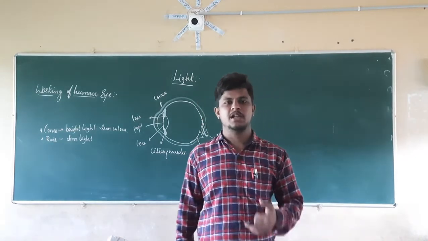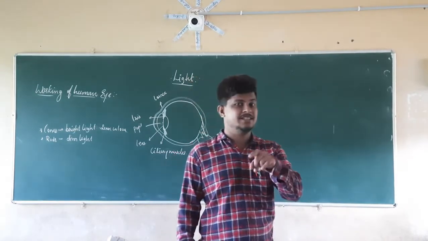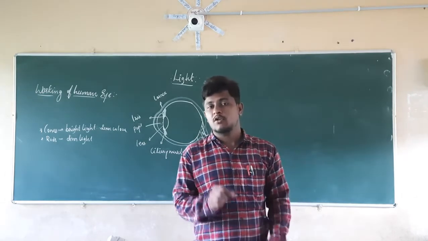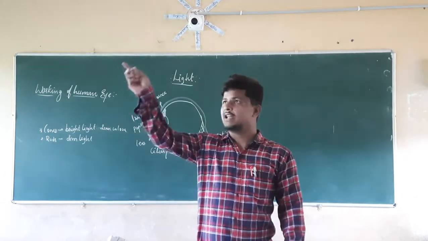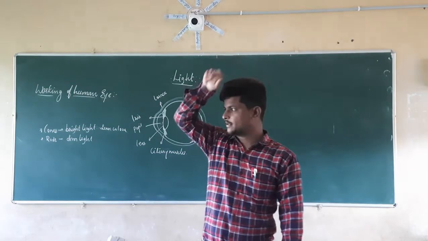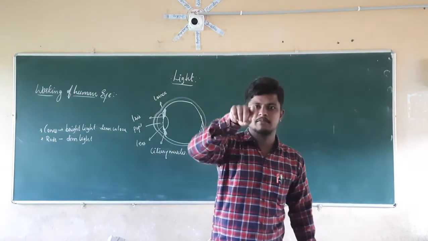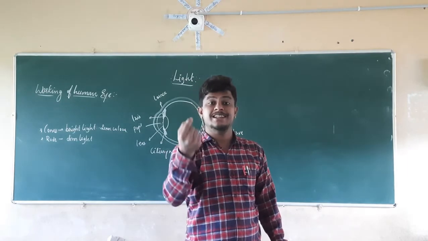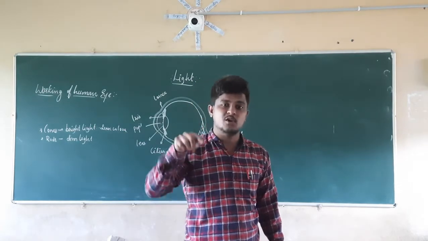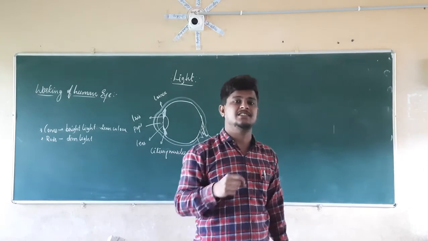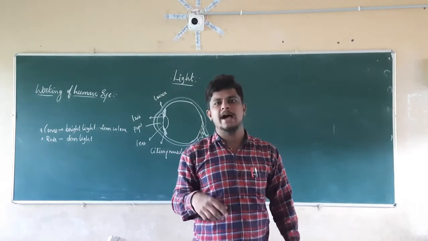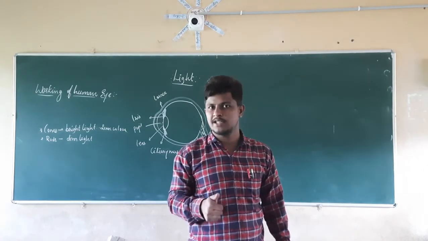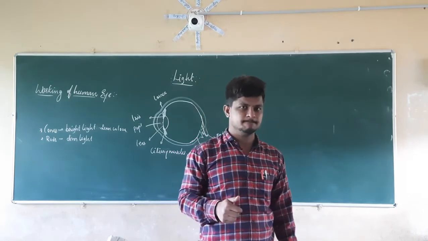Now, for example, I am looking towards the camera. That means I am seeing the camera. Why am I seeing the camera here? Whatever light is present here falls on the camera and is reflected towards me. When it reflects towards me, it enters into my eyes. Only then is it possible that I see things. If it does not enter into my eyes, is it possible that I will see that thing? No, it is not possible.